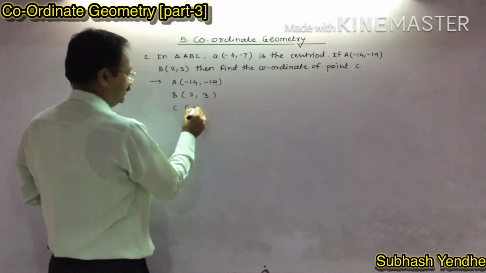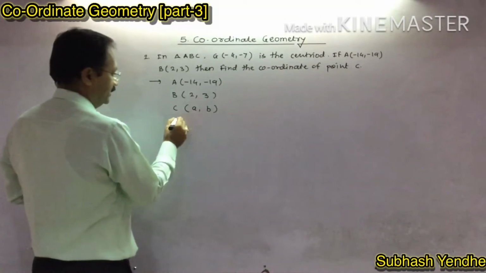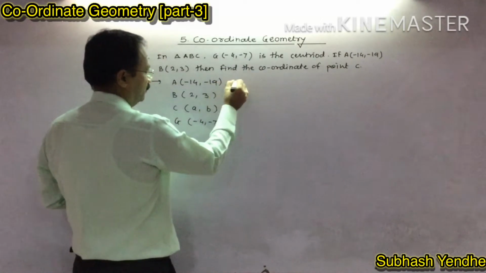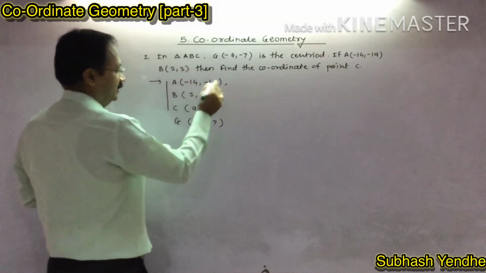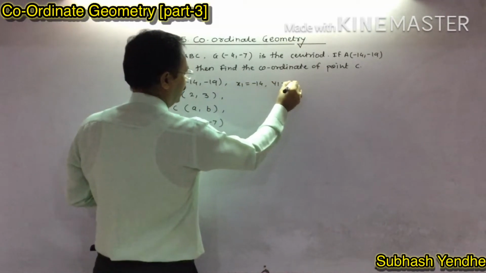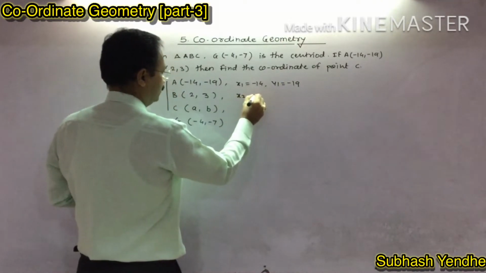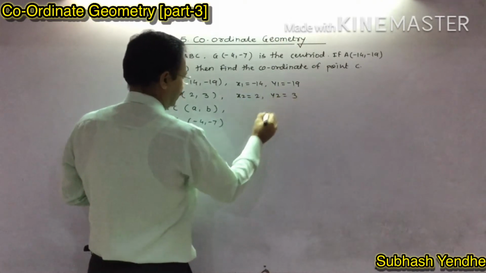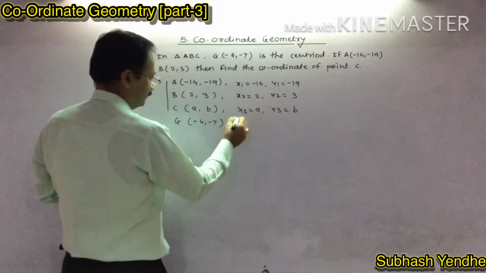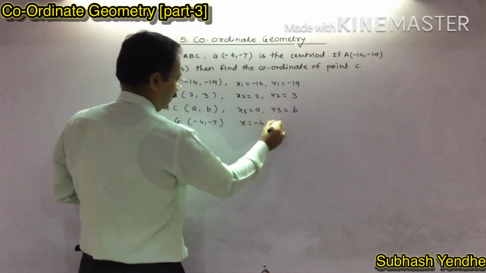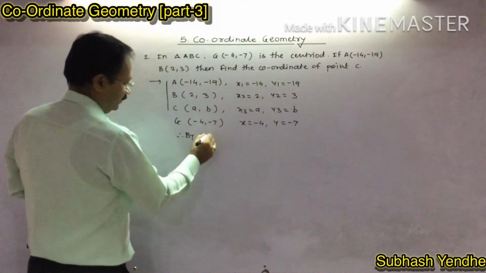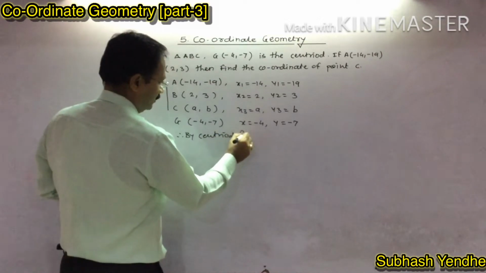So let's take them as a and b. And then G's coordinates are given -4 and -7. So these are the three vertices of a triangle. So x1 equals -14, y1 equals -19, x2 equals 2, y2 equals 3, x3 equals a and y3 equals b, x equals -4 and y equals -7. Therefore, by the centroid formula,